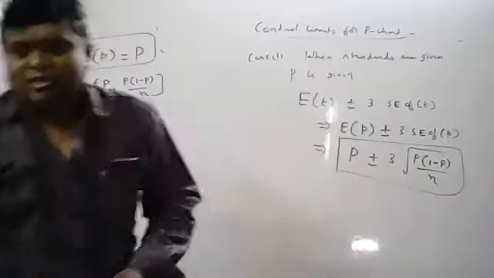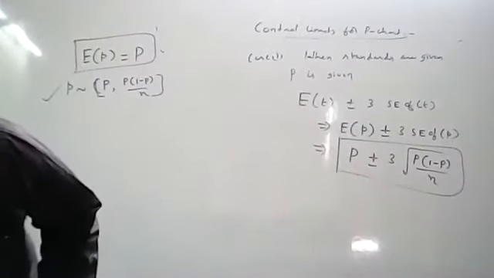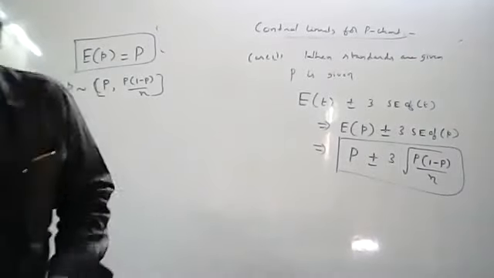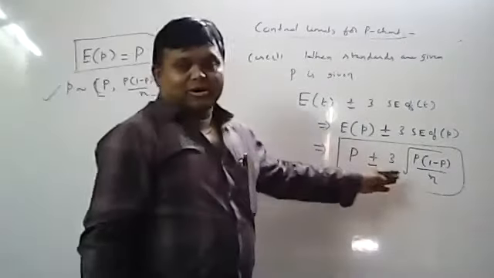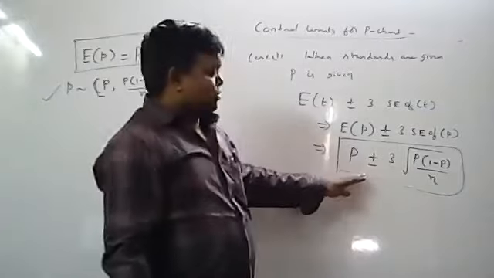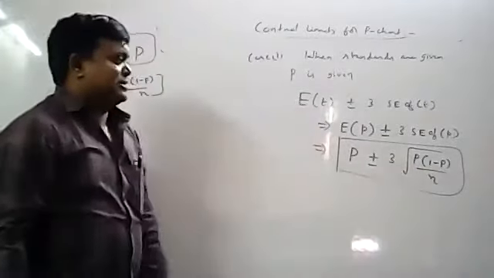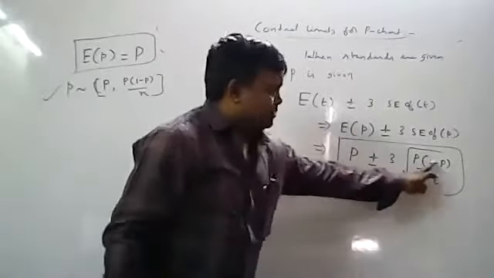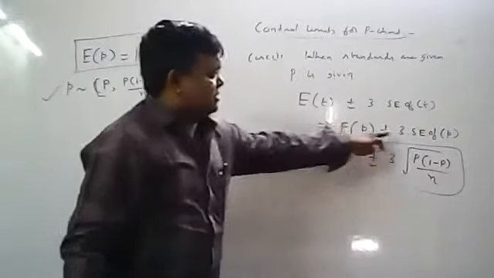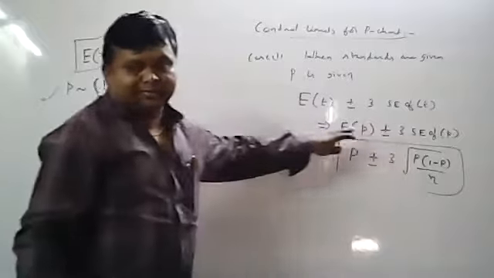You can leave it like this, because in the document I have given capital A, it is not required. Capital A I have denoted in the document, it is not required. You can leave it like this only. Capital P plus or minus 3 into root over capital P into 1 minus capital P by N. These are capital P's. This is small p. Okay, don't get confused.